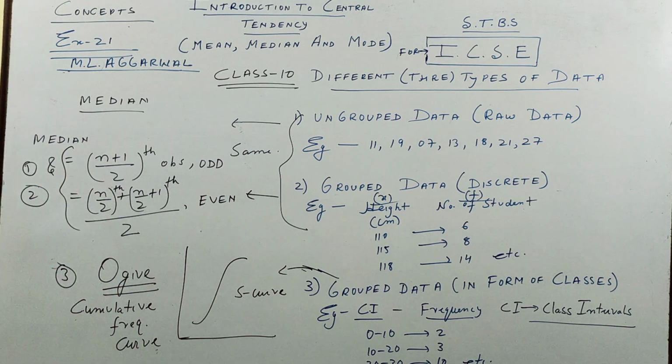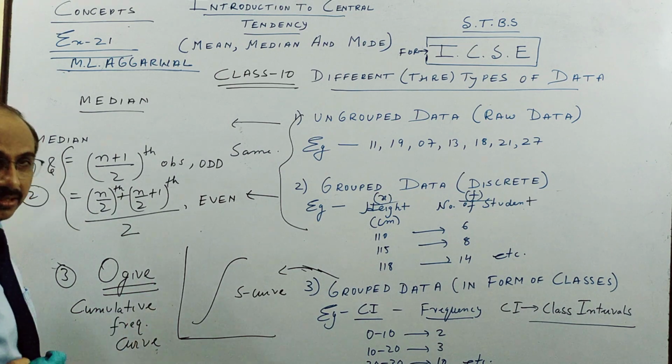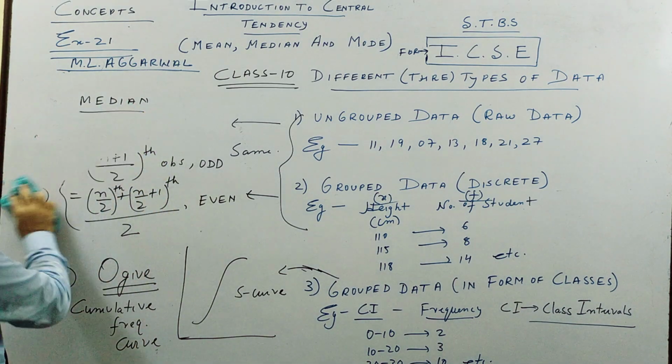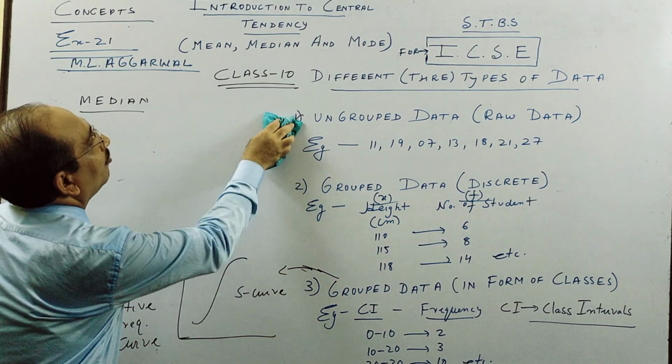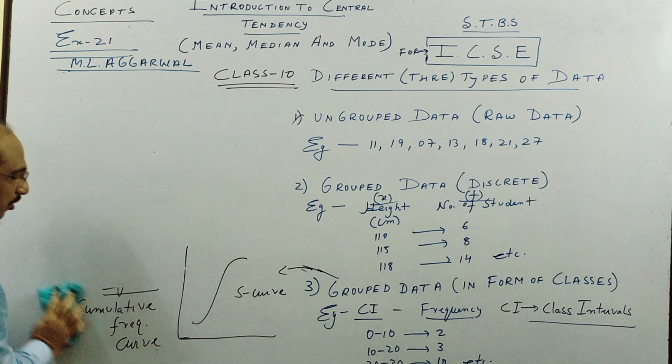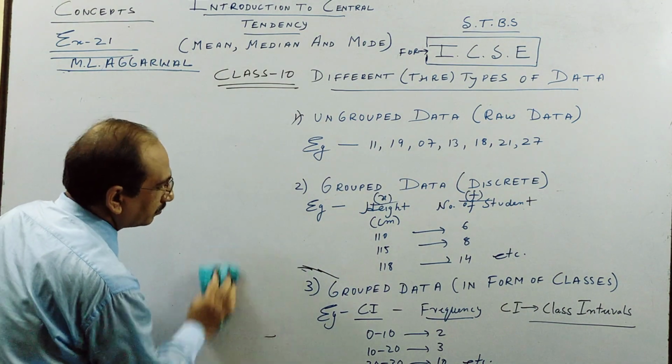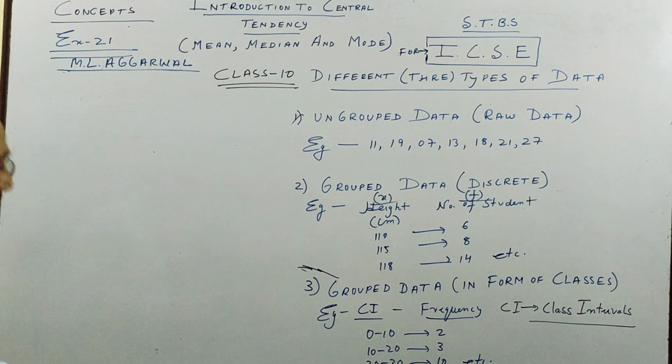So this was all about median, and the last thing which we will see is what we call mode, and there we will see for these 3 different types of data how we have 3 different ways. So please pause the video and write and copy. So the last one in my discussion is what we call mode. So mode we find for these 3 types of data in 3 different ways.